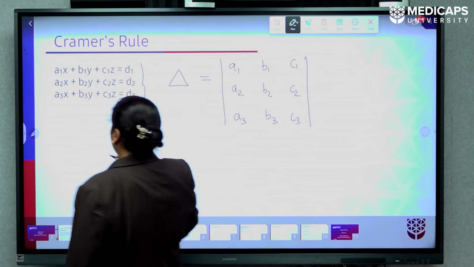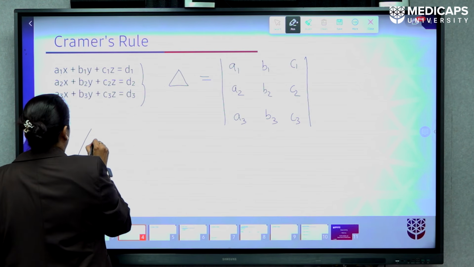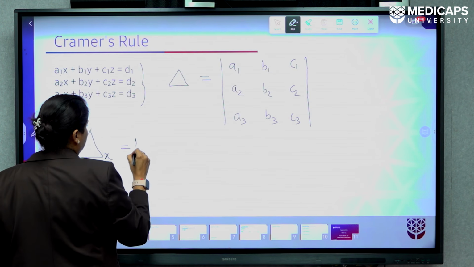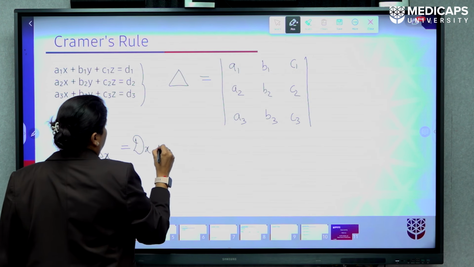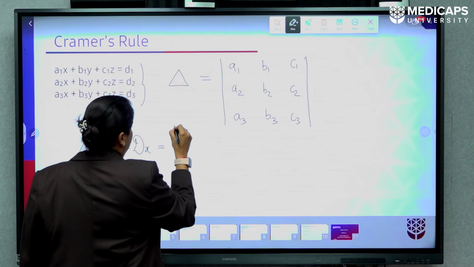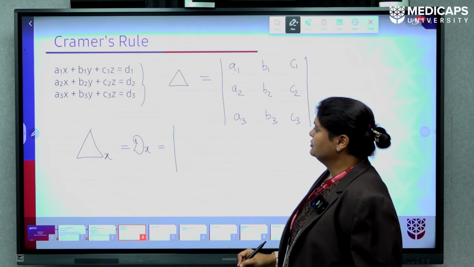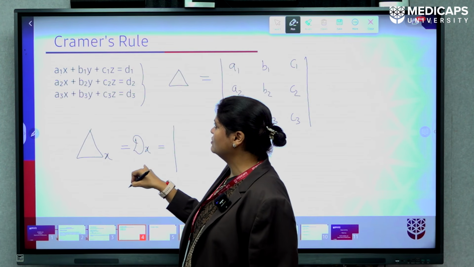Now, another determinant we are going to have is del x. Sometimes they also write dx. Both the notations are in fashion, you may use any one. Now, how to remember it, I will also let you know. Suppose we have to write down dx.